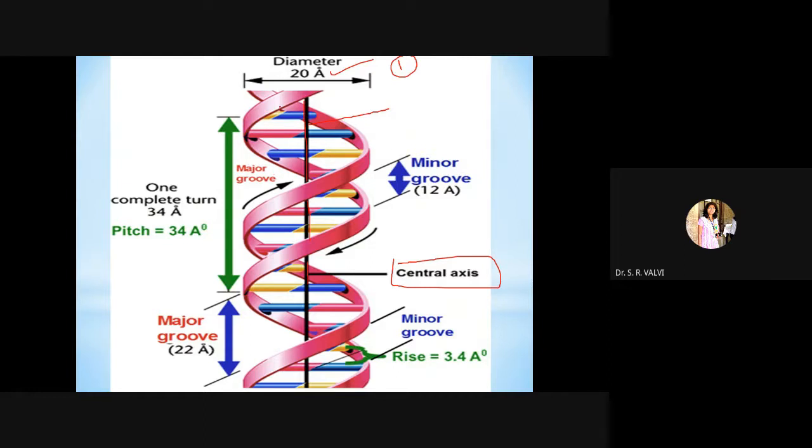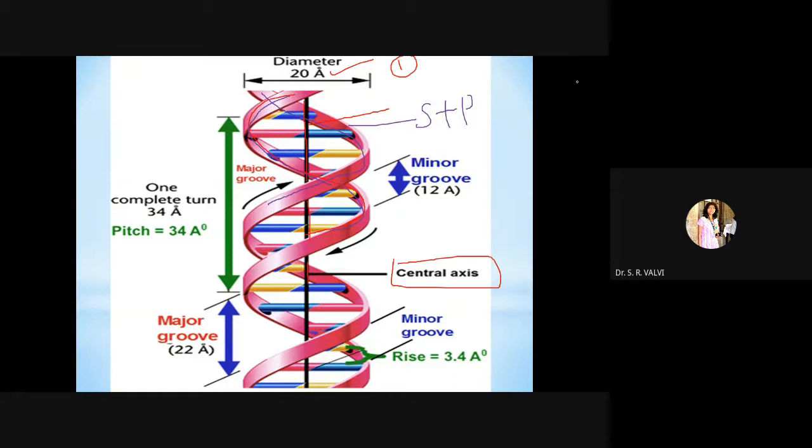Now here you can see whatever this double structure you are observing. See, this is the double structure. Let me change the color. See here, at my pointer. So these are the main backbone of DNA, right? This backbone is made up of sugar and phosphate, right? Backbone is made up of sugar and phosphate, and these two backbones are running